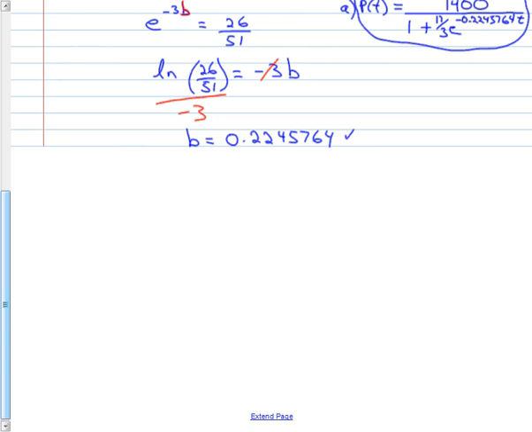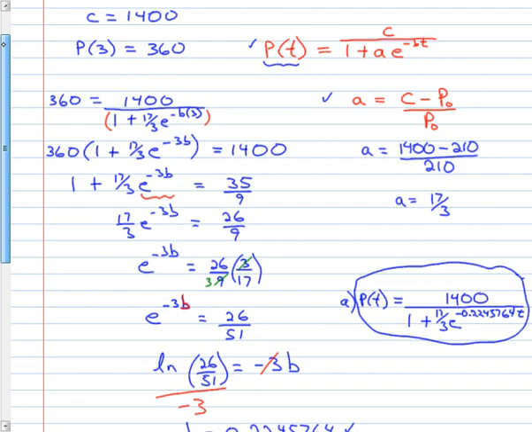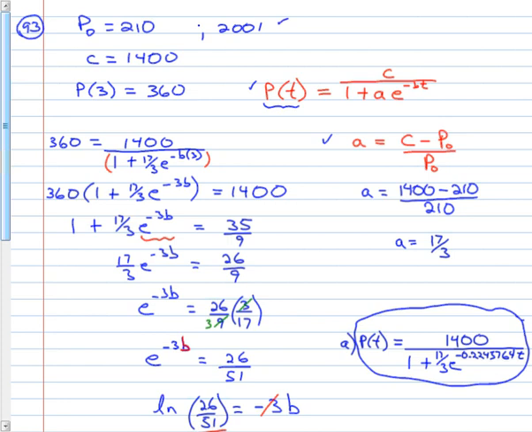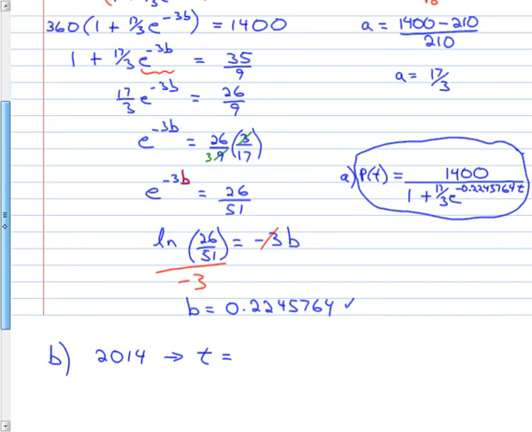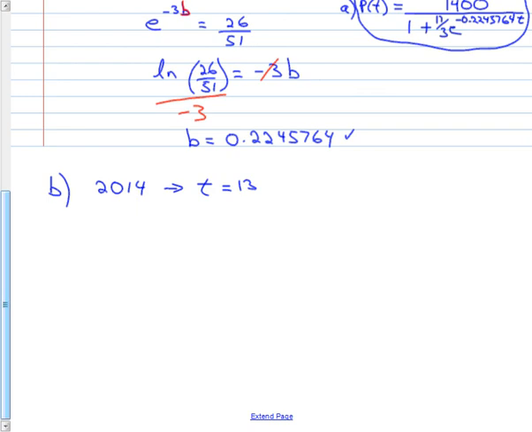So they say, now, part B, use the model to predict, round to the nearest 10, the coyote population in the year 2014. Okay, well, if it's the year 2014, I need to know what t is going to equal. Now remember, our time 0 was 2001. So 2014 is 13 years later. t equals 13. So all we're doing is putting a 13 right there. So our population 13 years later should equal